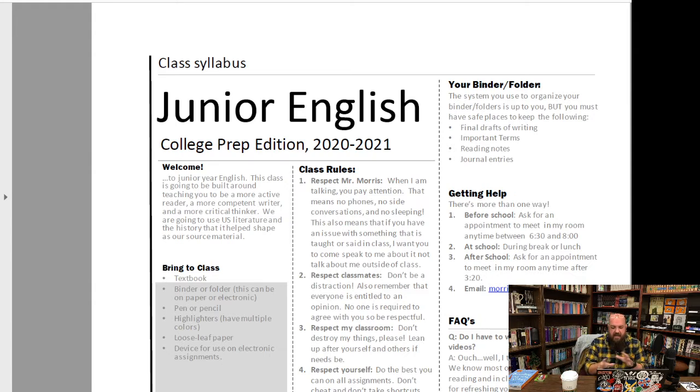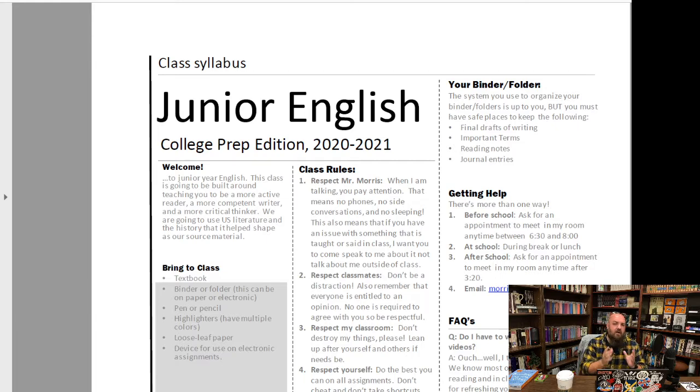Let's just talk about every category and kind of talk about your syllabus, especially for those of you who may not have been in class for the syllabus day, or those of you who need a review and want to go back and look at it. I'm not going to bother reading the syllabus to you because you can read. I'm just going to hit some of the high points, okay? So obviously I don't need to talk about the welcome. The welcome kind of goes over what your particular class is focusing on. Again, there should be 4 different ones.